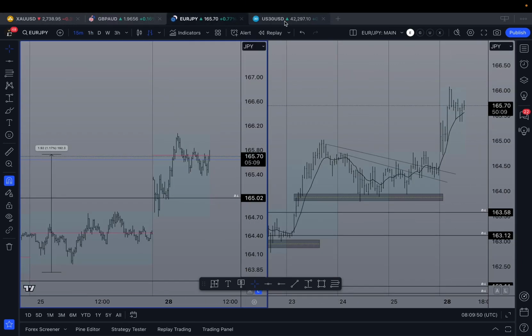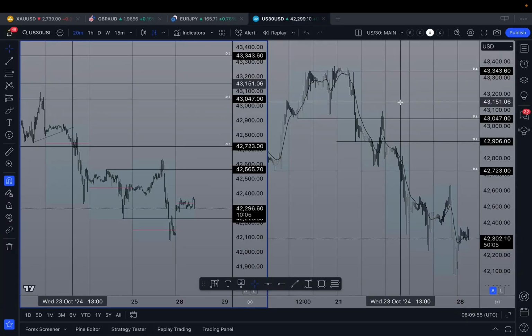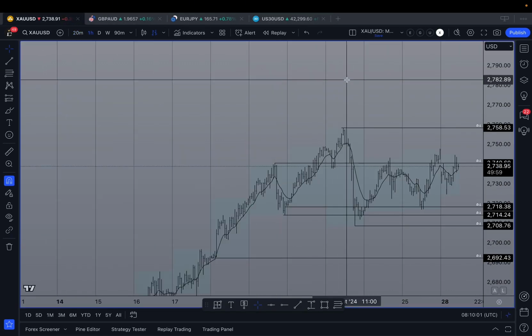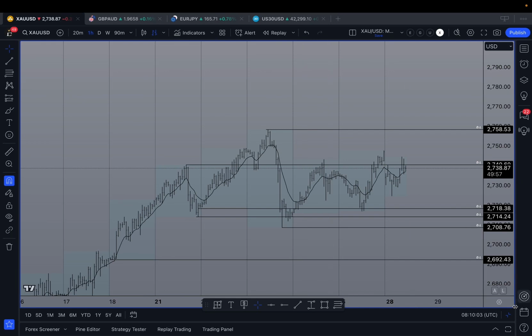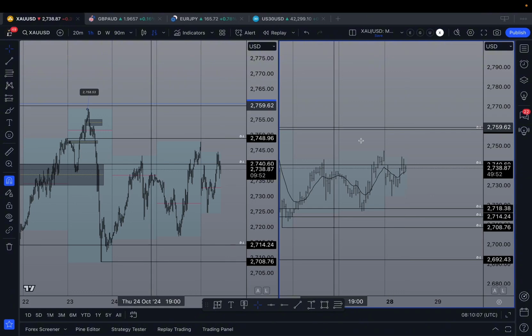So I've just got these 4 tabs here: UJ as well, EJ, okay, and also US30. Market's moving very, very nicely in flow predicament. So let's just get started. So over here, I've got the hourly up, and I've also got the 20 minute, 15 minutes, up to you guys what you need to do.